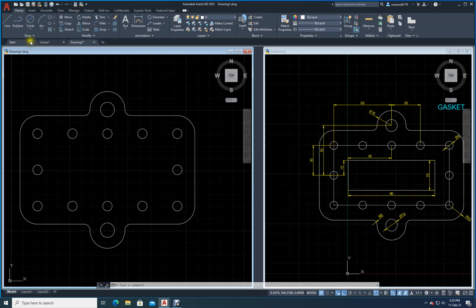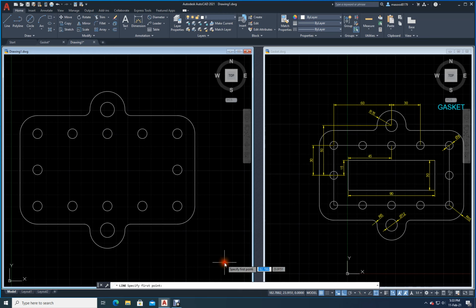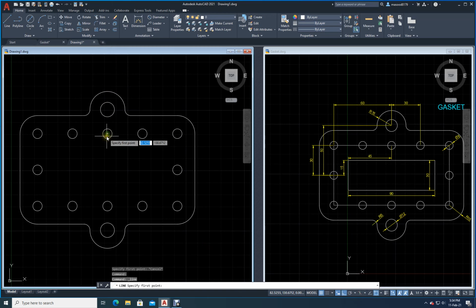I will just draw a line here. See, I will just draw a line from the midpoint of this. I will remove tangent now. I don't need tangent, I will remove it. I will just come here, go to line command, put it here, I have to select the center. Just click on object snap, select center. Good. I have selected here. Come and select here. Okay. Enter. Now I need to draw a rectangle.